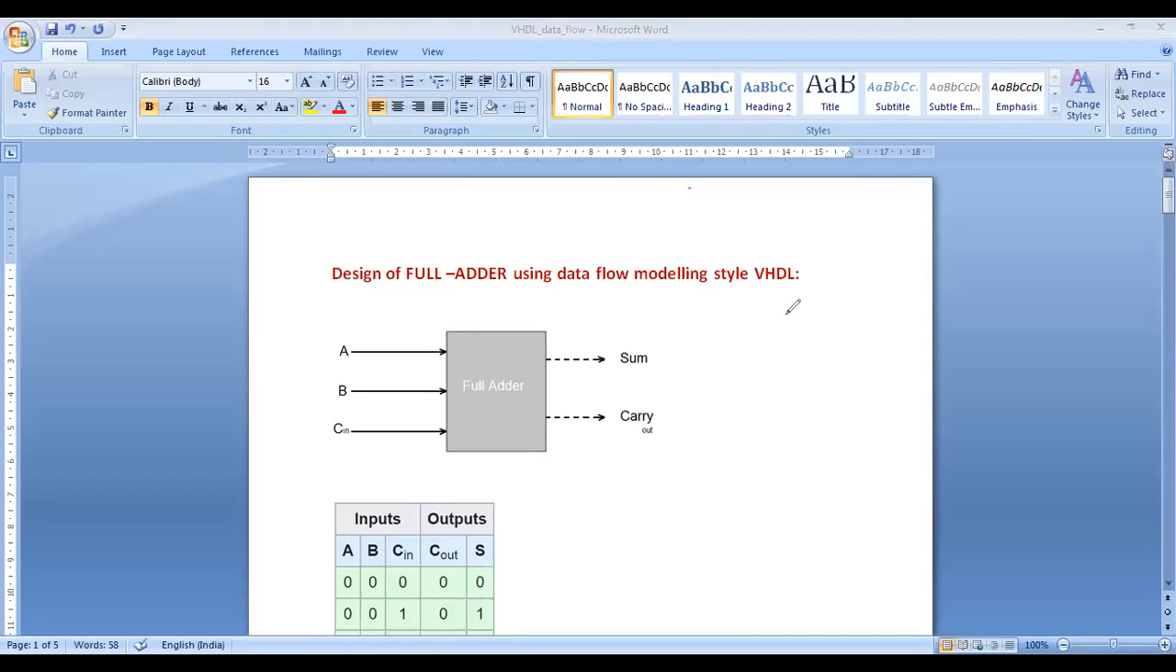A full adder adds the 3 binary inputs. Of the 3, A and B are the real inputs, and C is the carry in, which is carried forward from the previous sum. And there are two outputs, sum and carry. Now if you want to model a digital system named the full adder circuit,